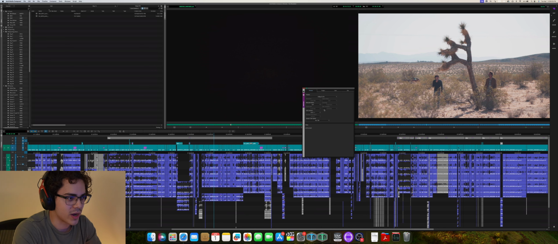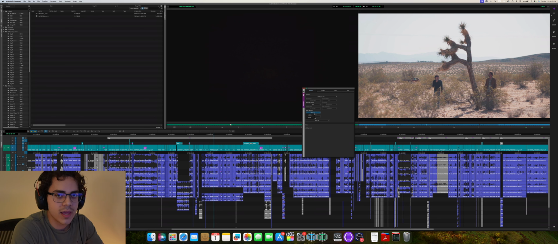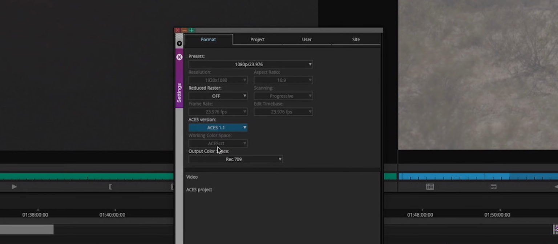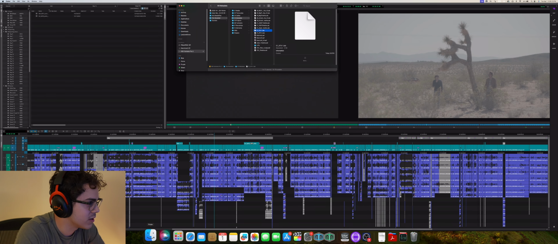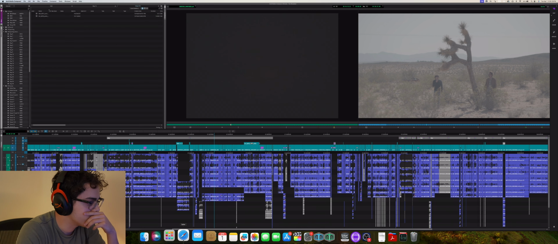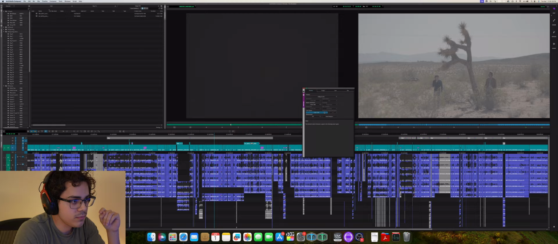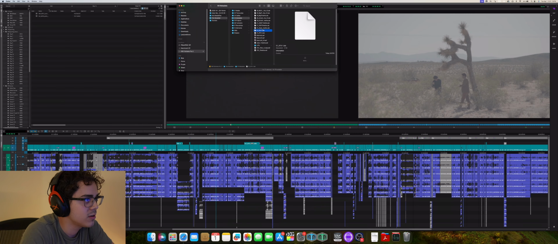So basically, what I realize is that if you have any color space that's remotely advanced, like ACES, Avid just switches its brain off and doesn't know what to do. So I have to undo the ACES color, and now I can import that log shot. Before I do that, I'm pretty sure it does it the other way as well. Right now I'm Rec 709 to Sony log, right? This is my color space. So now if I drag it in,